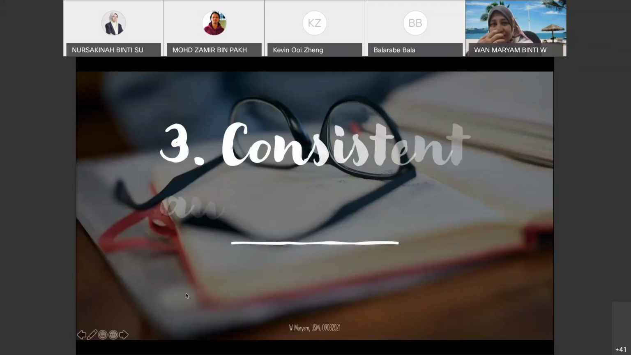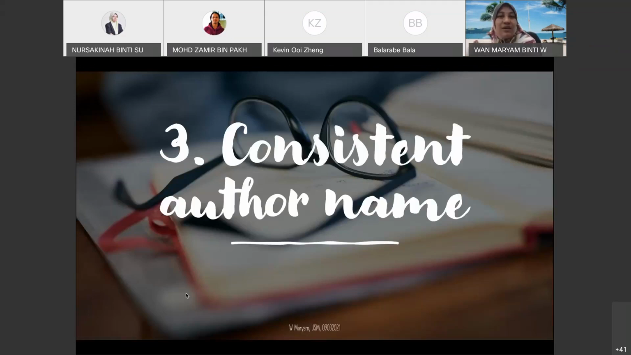Third one, consistent author name. Make sure in every paper you have the same name that you put on. For example, me, Maryam. If I put W Maryam, then all my other papers have to be W Maryam. If I put one M in one paper and W Maryam in another paper, then it's not consistent. And so it's very hard for you to